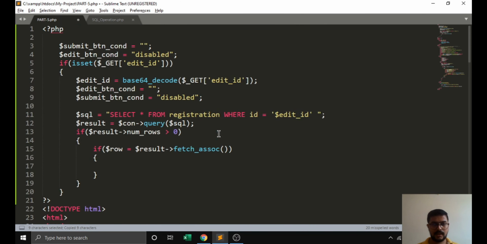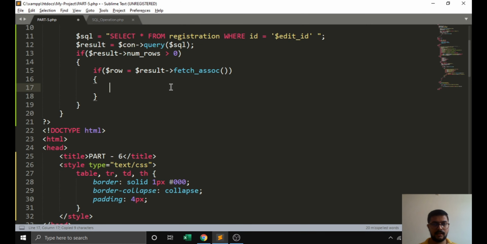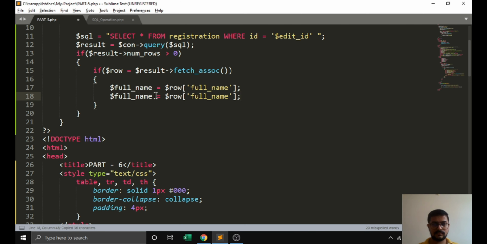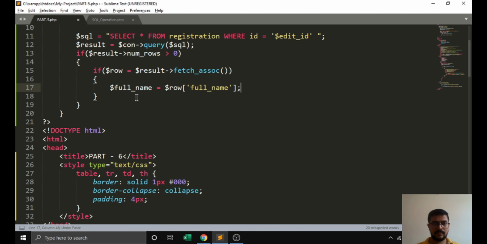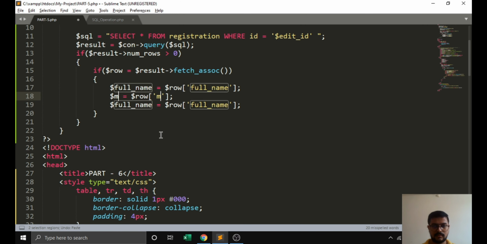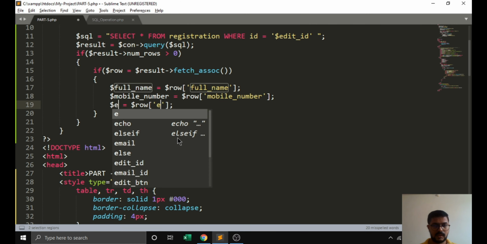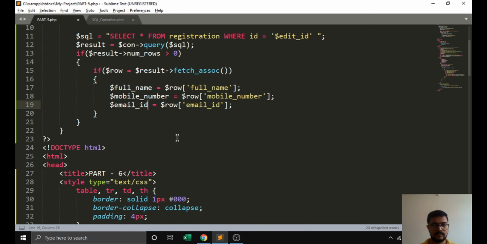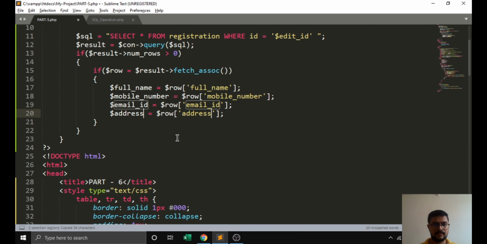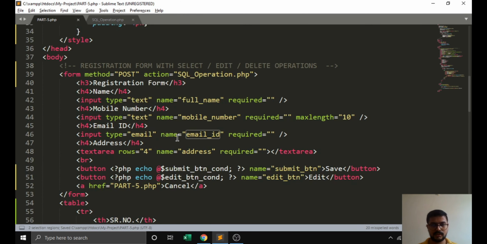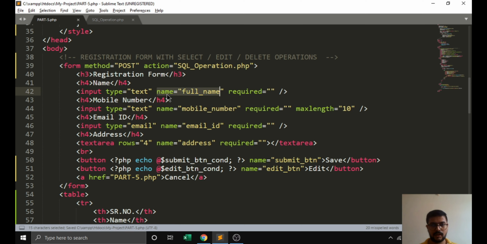We need to enclose all the data in variables, like full name in this full name, and all variables like mobile number, email id, and the address field only. So we have to pass those down over here also.